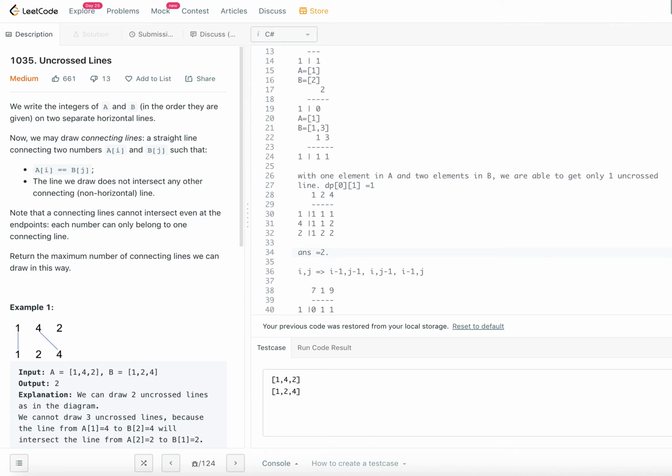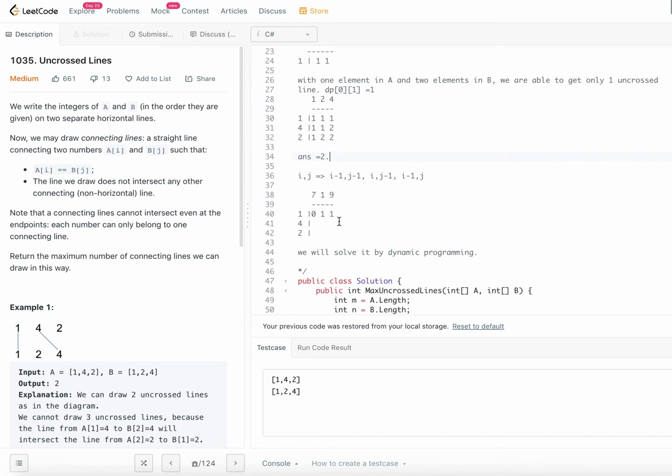So what we are essentially doing is trying to build a solution from previous connections, right? Just like we filled the first row and first column and tried to fill the rest of it. So this will be our toy example that we took just to understand what we are doing. So let me knock this off.